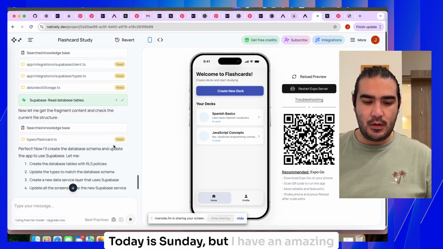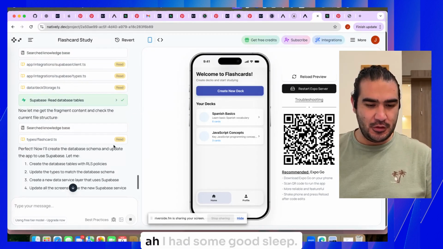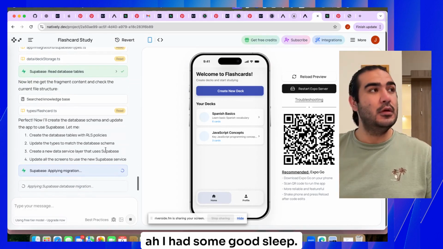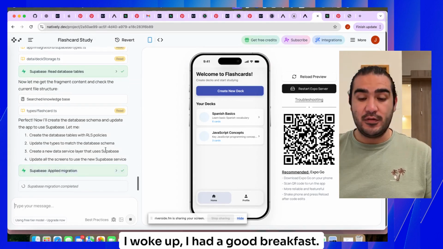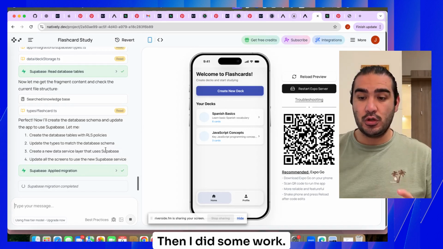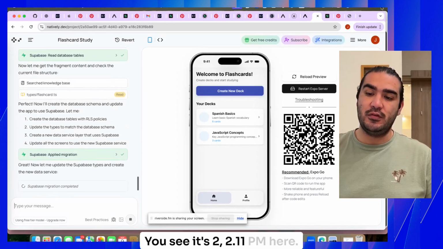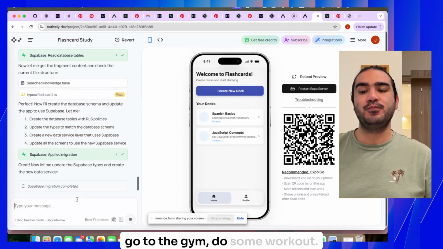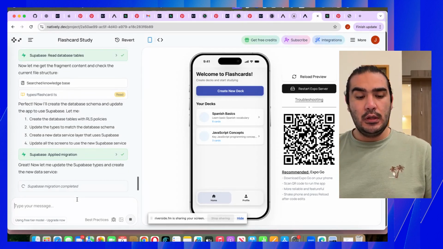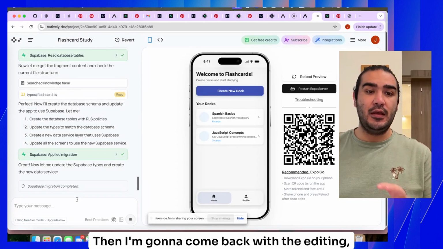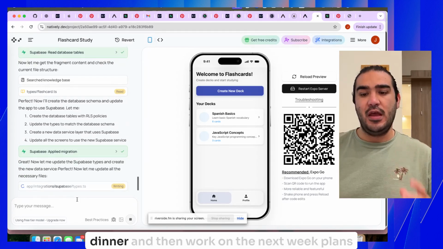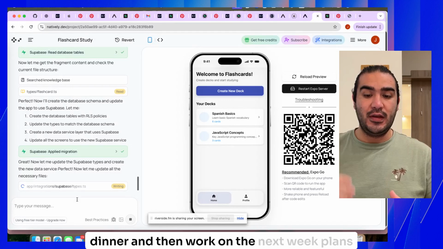Today's Sunday, but I have amazing energy. I had some good sleep. I woke up, I had a good breakfast. Then I did some work. You see, it's 2:11 p.m. here. Then after this recording, I'm gonna go to the gym, do some workout, and then I'm gonna come back, do the editing, release the episode, and then cook myself a dinner, and then work on the next week plans,